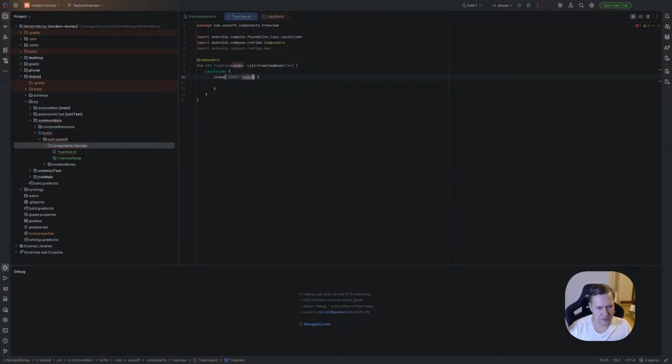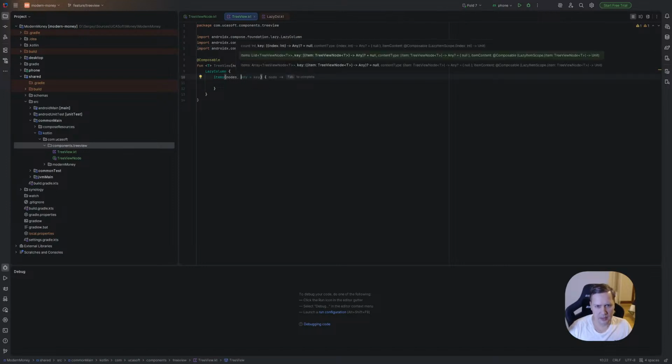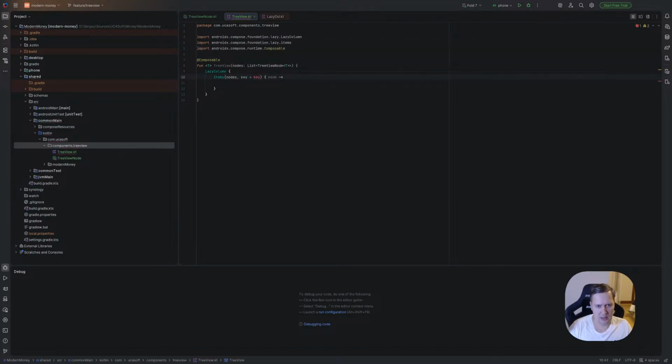We have nodes here. Okay. Yeah, maybe it's a different kind of items. Yes. So it's this lazy items. But in this case, we still should be able to provide key. Yes. And in our case, key will be it dot key.